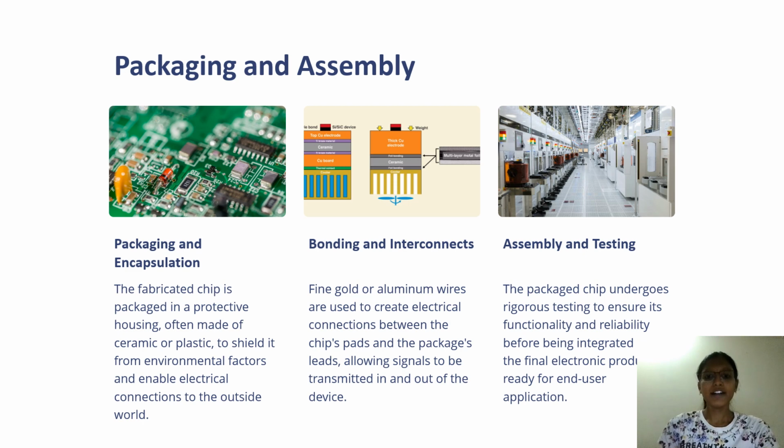Bonding and interconnects: fine gold or aluminum wires are used to create electrical connections between the chip's pads and package leads, allowing signals to be transmitted in and out of the device. Then I have assembly and testing. The packaged chip undergoes rigorous testing to ensure its functionality and reliability before being integrated. The final electronic product is ready for